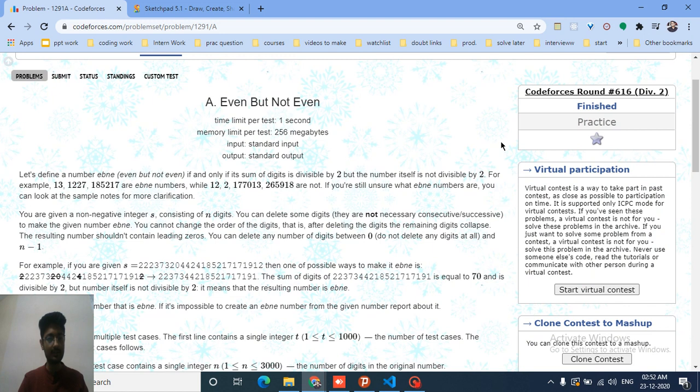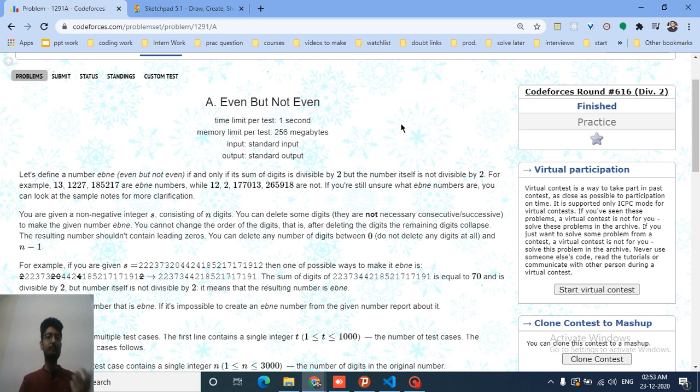So let's start. You can read the problem statement, but in simple terms it states that you are given a huge number in the form of a string, and then you can delete some part of this number. You can delete as many digits as you want, such that the remaining number should be an ebony number. What is an ebony number?